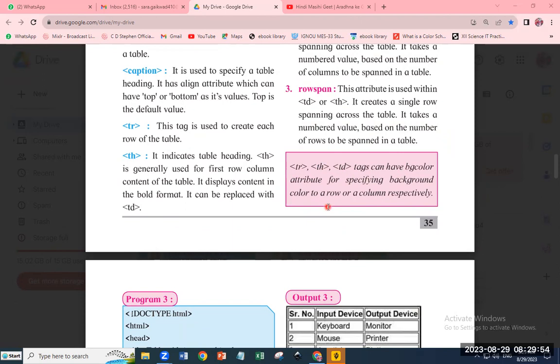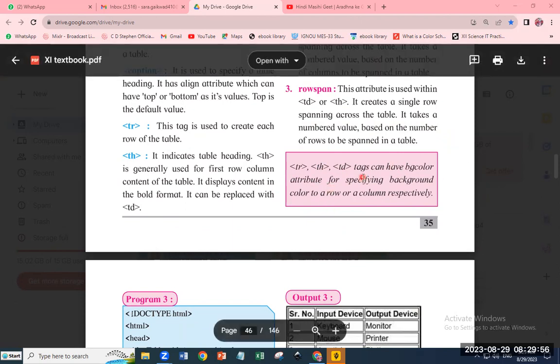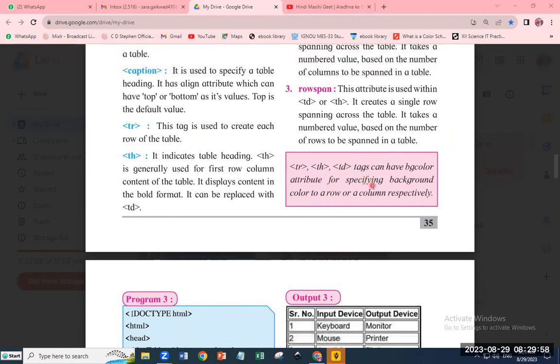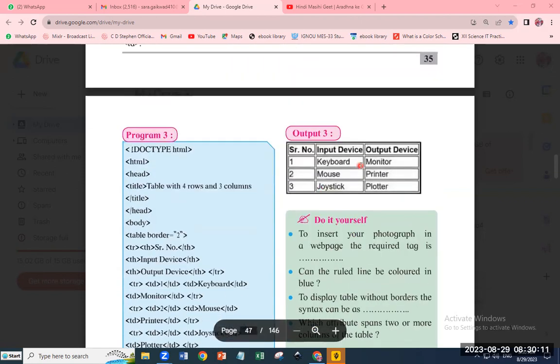TR, TH, TD tags can have the BG color attribute for specifying background colors to a row or a column respectively. Okay, so I have three tags which can be used for the table, right? So we'll just see